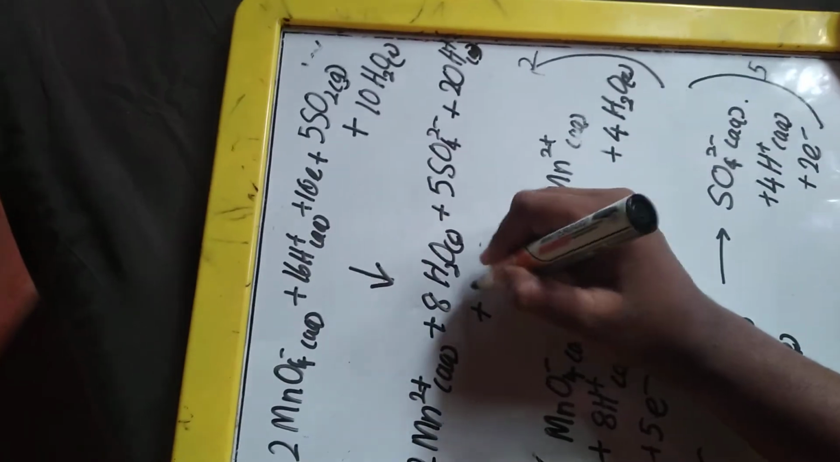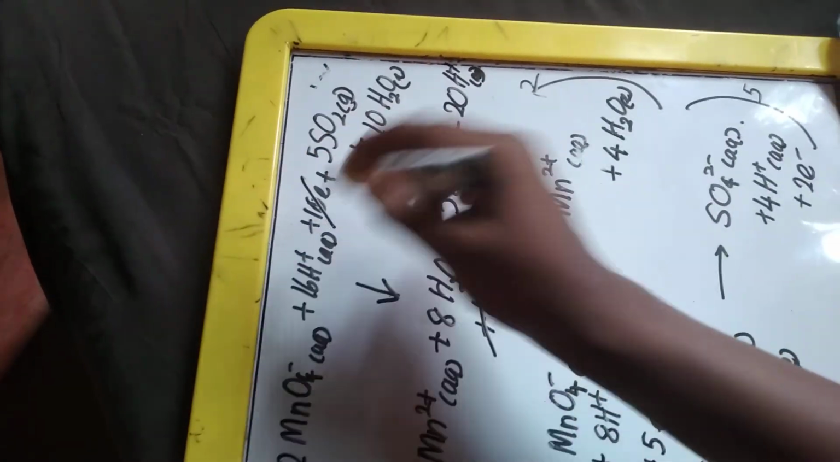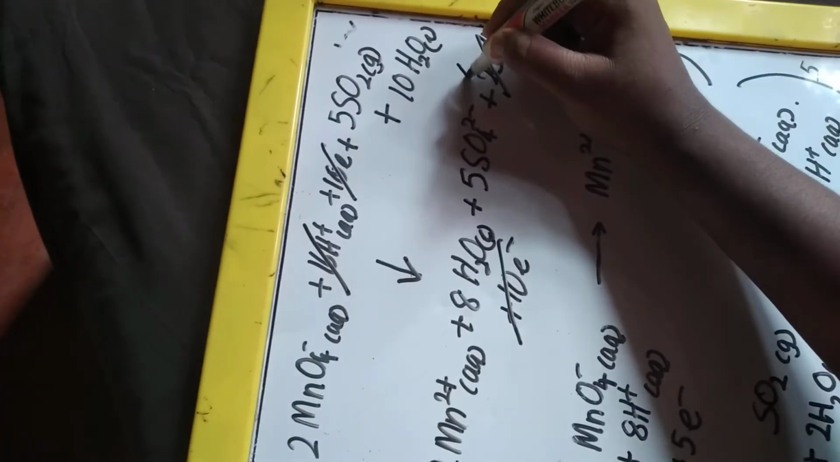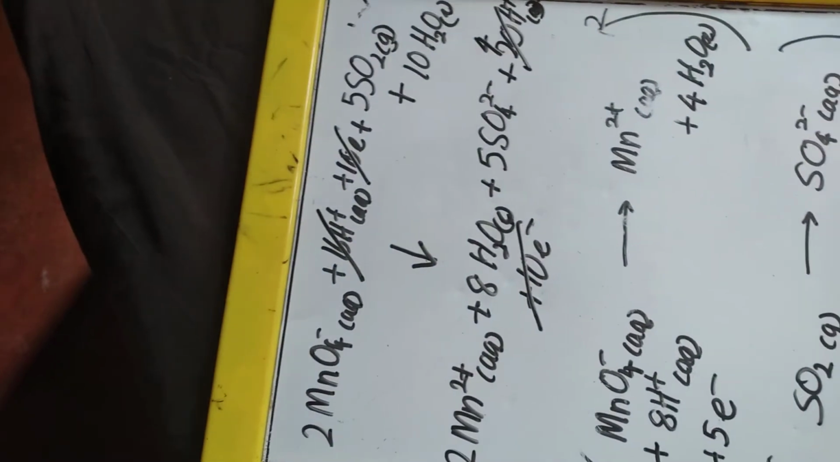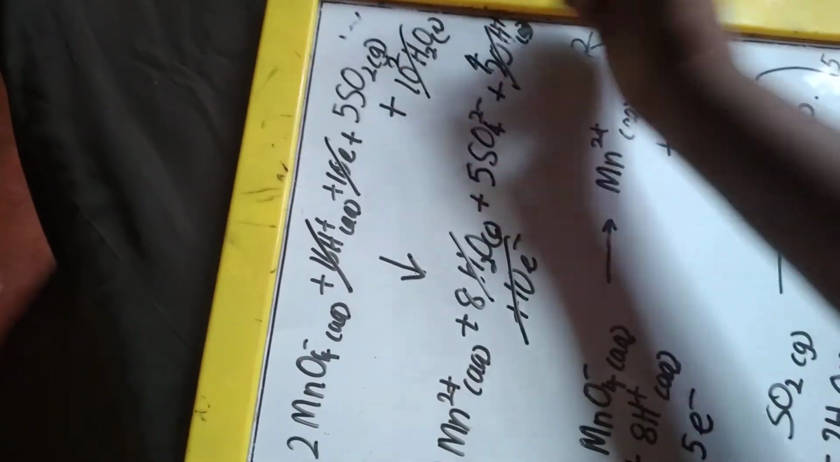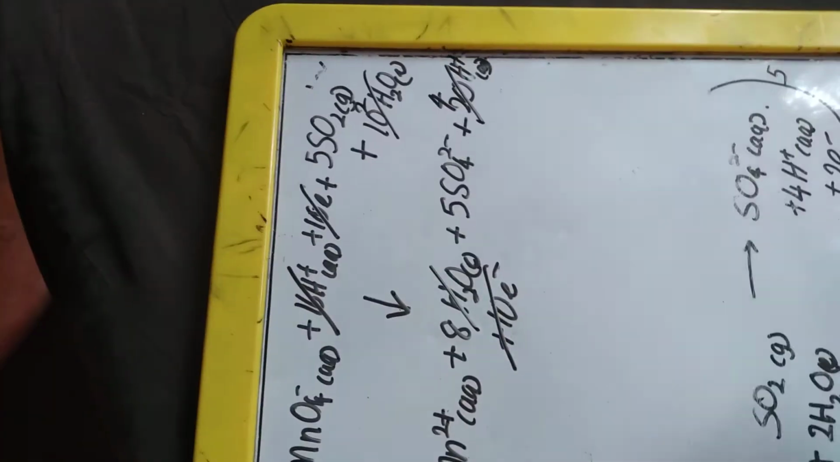plus 10 electrons. So they get cancelled. 10 electrons get cancelled with 10 electrons. Here 20 H plus and 16 H plus, so 4 H plus is remaining. And then here 8 water, 10 water, so 2 waters are remaining. So the final total equation will be